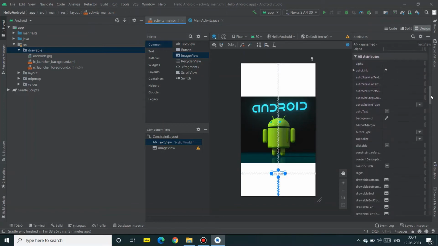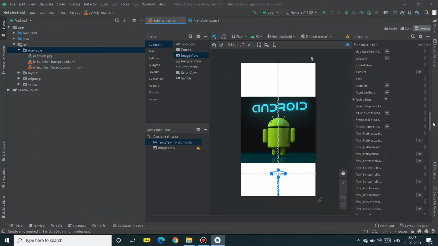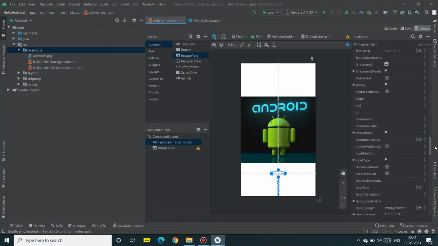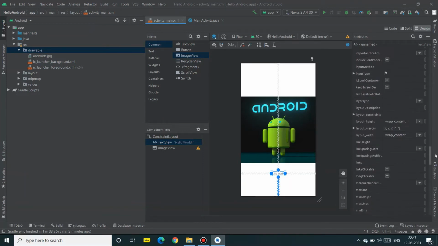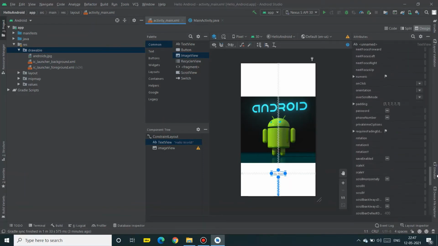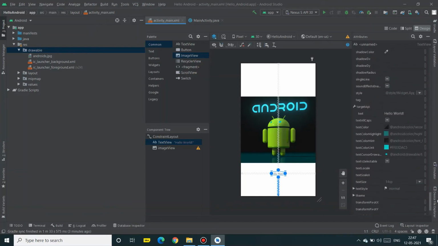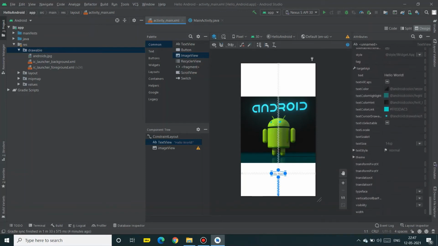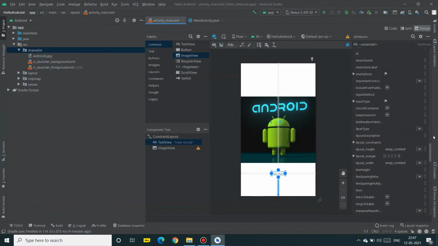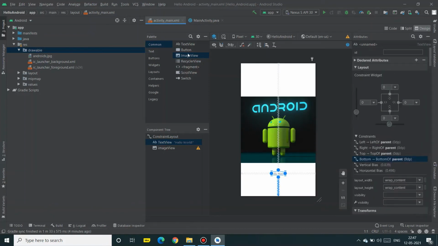You can also change other attributes from here. I will add another text view here.